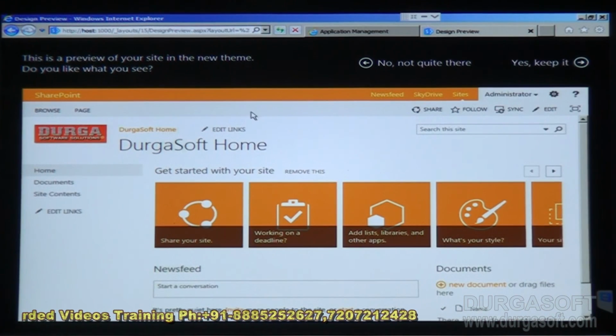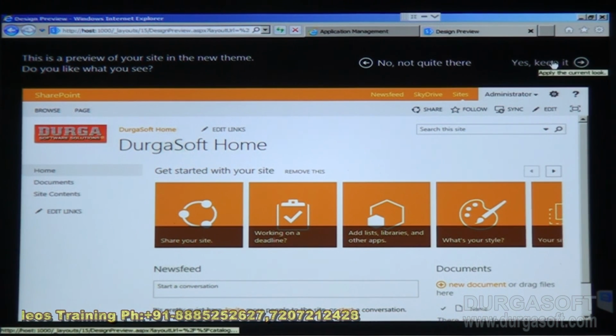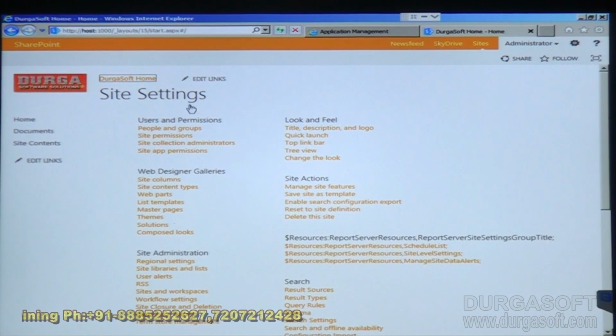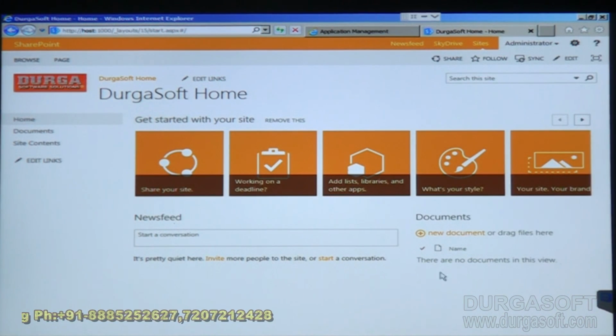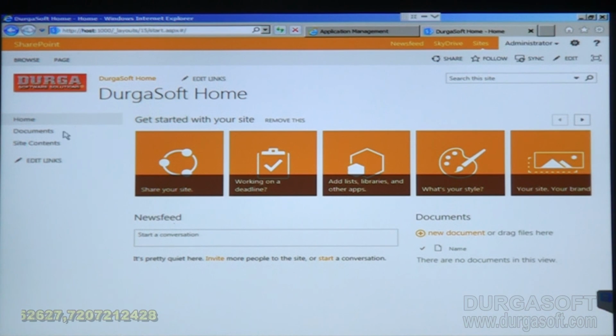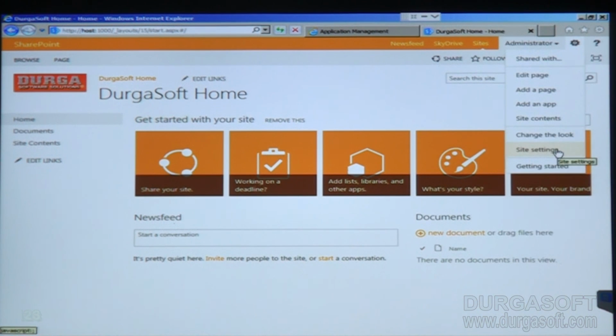Then it shows your preview. This is how your site looks. Let me keep it. Click on this. So this is how your site looks. SharePoint, the look and feel of your site. You can also play with other options. Let us see, let us try, let us test. Site action,